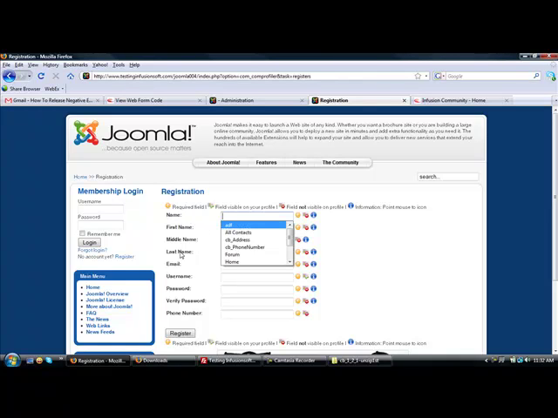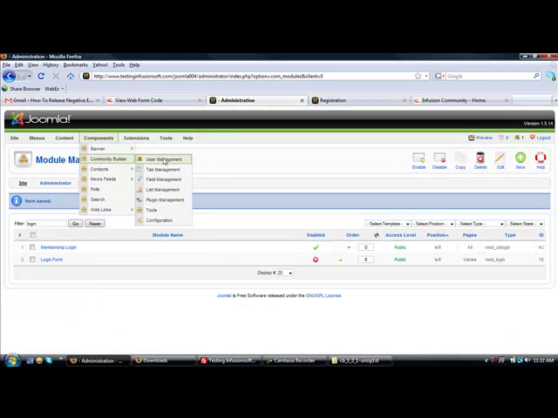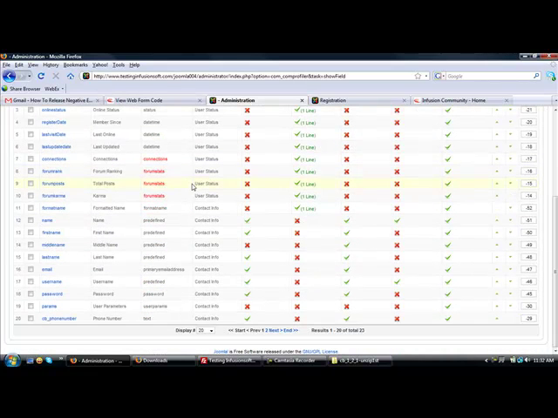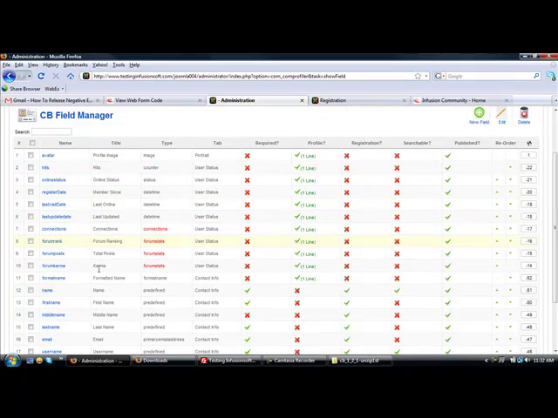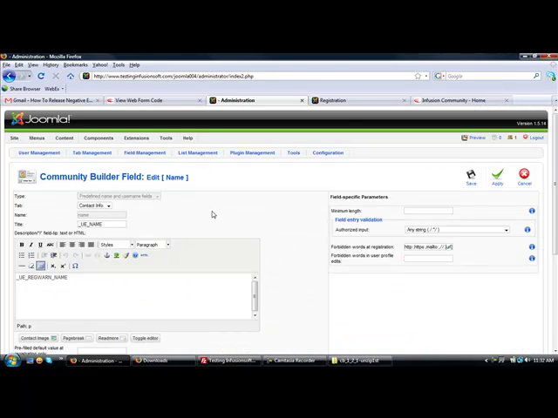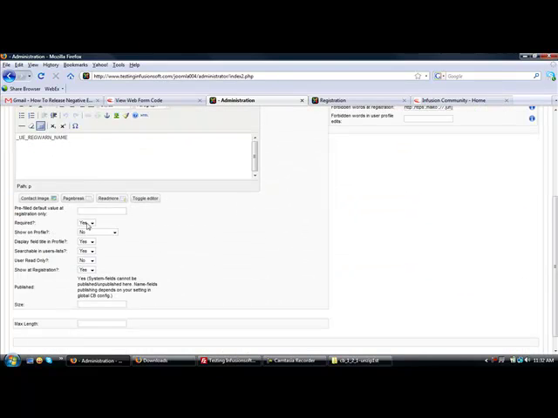What do we got? Name, first name, last name, middle name. So here's a problem. Name is redundant since we have first, middle, and last. Let's jump back real quick into the component Community Builder field management, and let's unpublish some of these. So name, I don't even want to show up, which is, if you go, well, I'll just open the field, that'll be easiest. So if I open this name field, I can say no, it's not required, and no, I don't want to show it at registration,